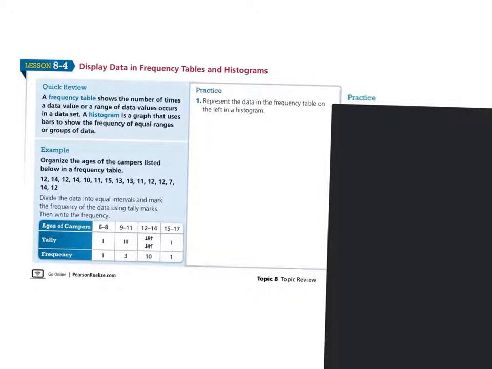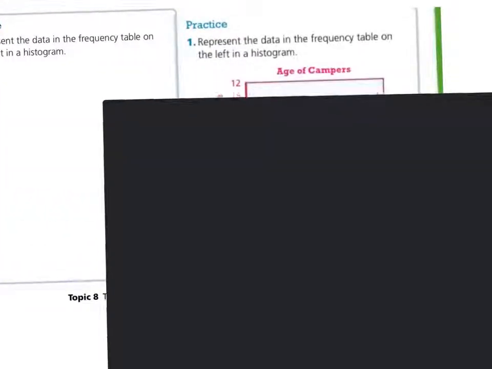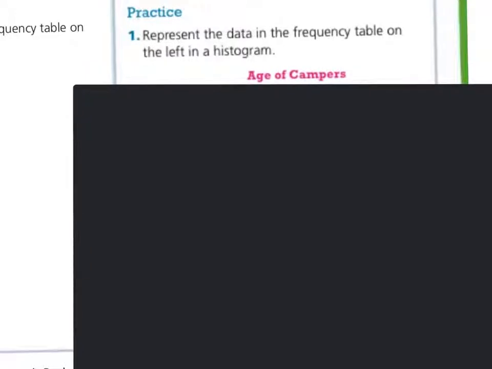What they're asking us to do then on the problem here is they want us to put that information into a histogram. So for your histogram, the first thing you want to do is make sure that you put a title on it. So title in this case we could call Age of Campers. And then think about your highest frequency. Highest frequency was 10, means my bars need to at least be able to go up to 10.